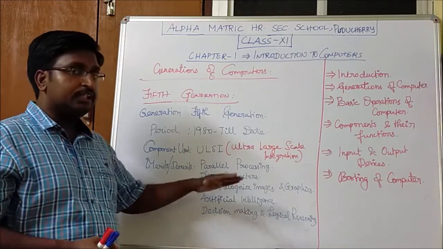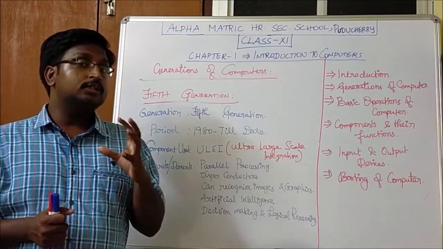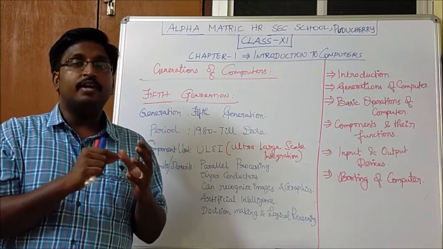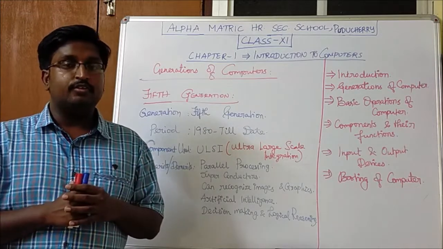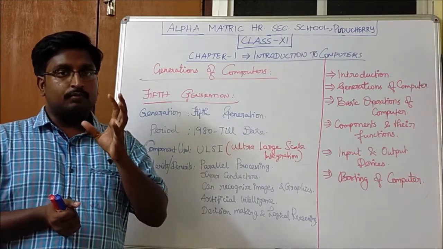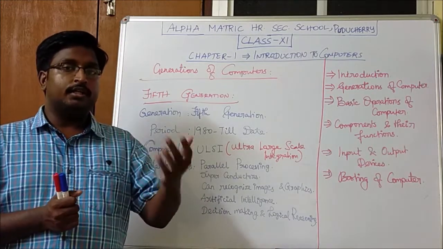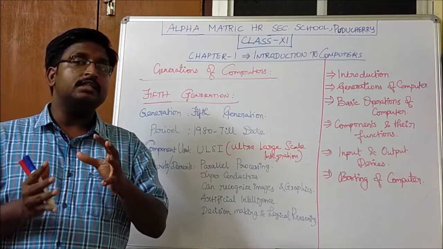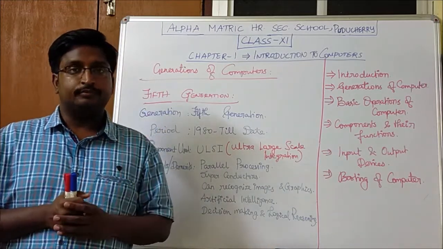Next is artificial intelligence. Artificial intelligence is nothing but human thought already predefined in a program, in an algorithm, in the computer. It is already predefined in the computer. For example, a person is using a computer through the internet. Based on all the content he is using, the computer will act on that user.